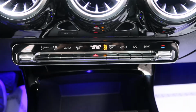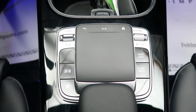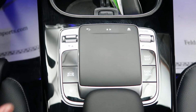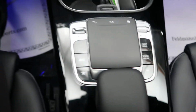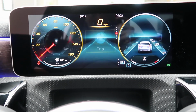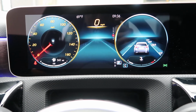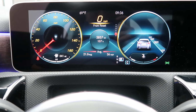dual climate controls, cup holders, USB ports, our new touchpad for our multimedia system, dynamic select driving settings, volume, navigation. This CLA has 38,857 miles on it. Carfax and